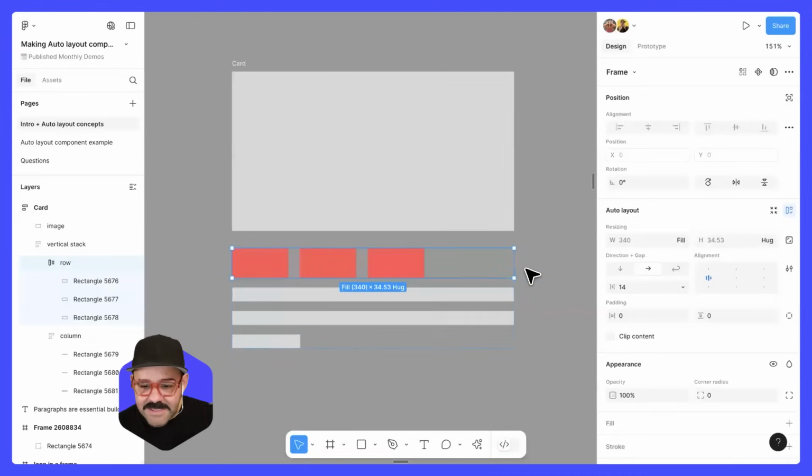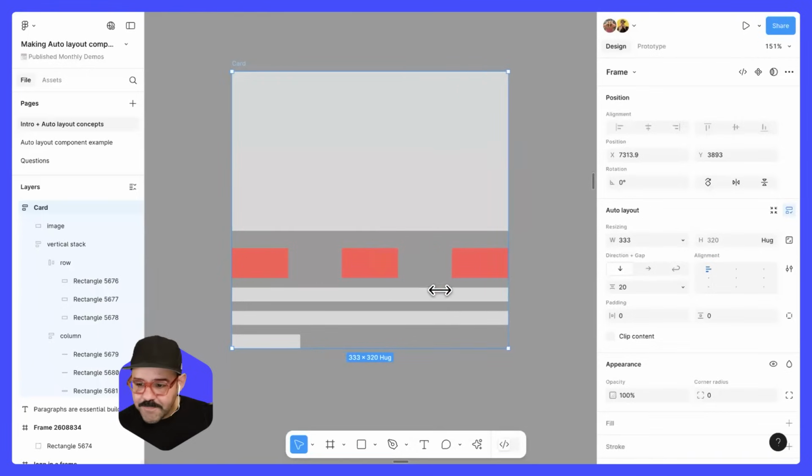So I can set this container to fill, and then maybe the inside objects, let's work with that alignment that I showed you. We can either align them to the center, or if we press the X key here, the X key is going to take the padding and set it to auto. What that means is that instead of having the objects resize, we're just going to treat that padding to grow. And so I can just type in auto, and you'll see that now when I'm resizing this,